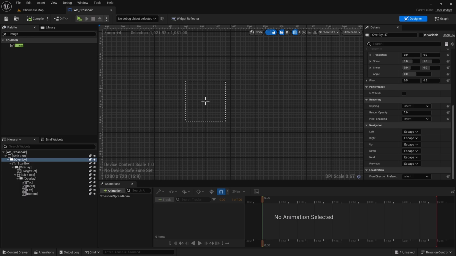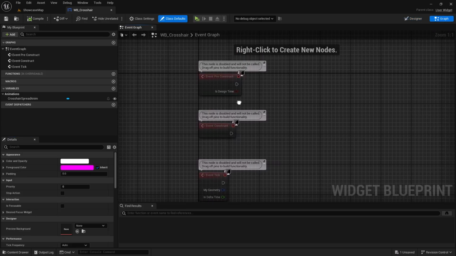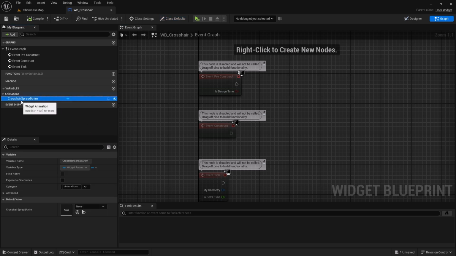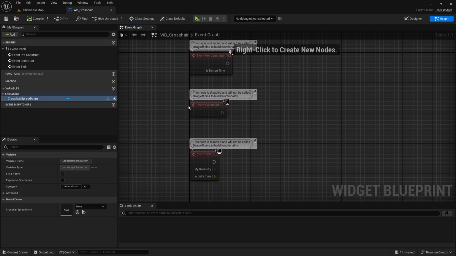But I think in order to play that animation, obviously we should call a specific functionality to play this specific animation explicitly. But first it should be driven by a specific event, right? Because we don't know when to spread this specific